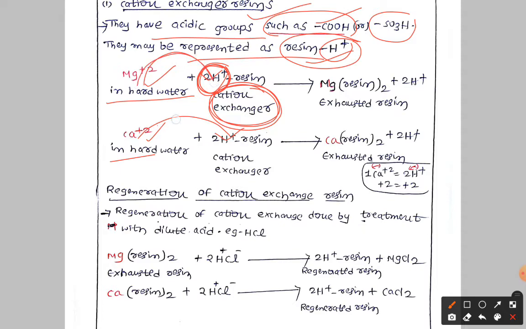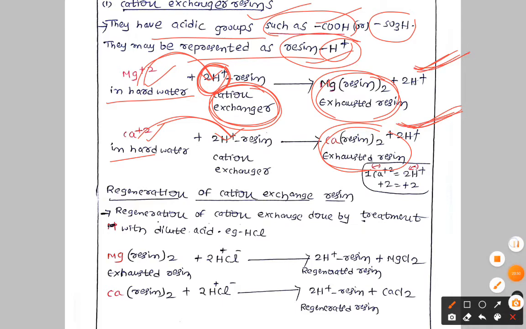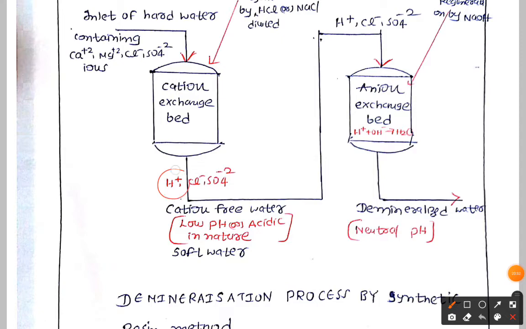This magnesium and calcium are going to be trapped by the resin and H+ came back. You can see how the H+ is coming back now. The calcium and magnesium ions are trapped by the resin and H+ ions came out. Why did H+ come out? Because the resin consists of an acidic group, nothing but H+. Now it came out because the calcium and magnesium ions are trapped. So we are left with only the H+ ion coming back. Now you understand why it came back.